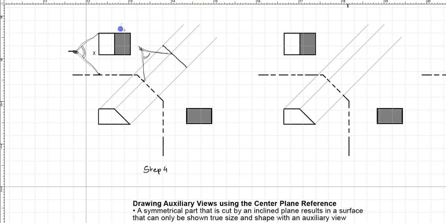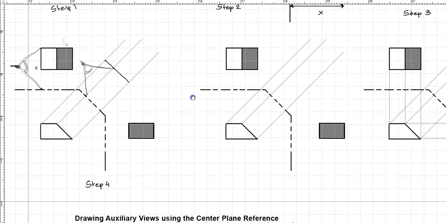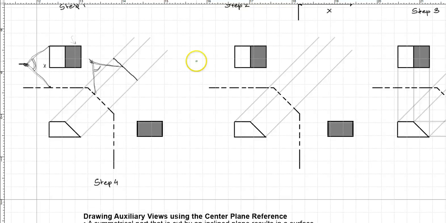So we've already found this one. Now we need to find the front one. So that's what we are going to do in our next step. Now we are going to move the protractor and measure the distance from the folding line to the front of the object. We measure this distance and we are going to call it y. Now we already have the distance x. Now we are going to take this measurement from the folding to the front and transfer it